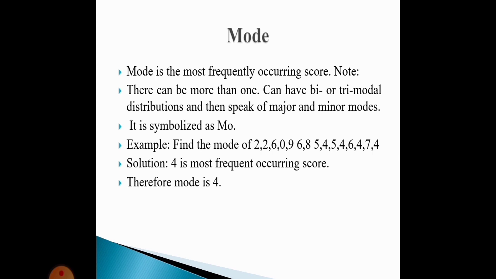Example: find the mode of 2, 2, 6, 0, 9, 6, 8, 5, 4, 5, 4, 6, 4, 7, 4. Solution: 4 is the most frequently occurring score. Therefore, the mode is 4. तो जो सबसे ज़्यादा वैल्यूज़ आ रही होगी किसी डेटा में, जो रिपीट हो रही होगी, वो हमारे पास